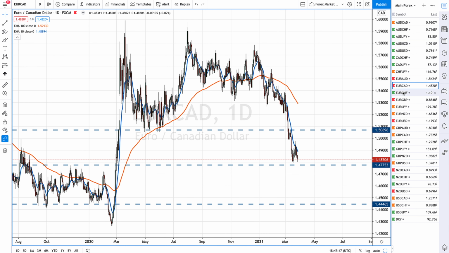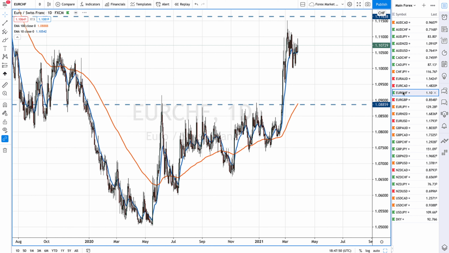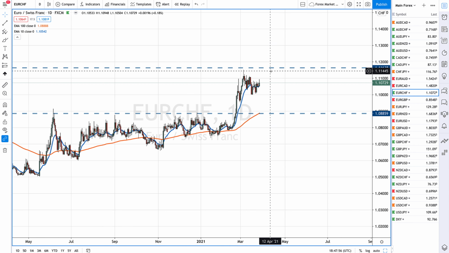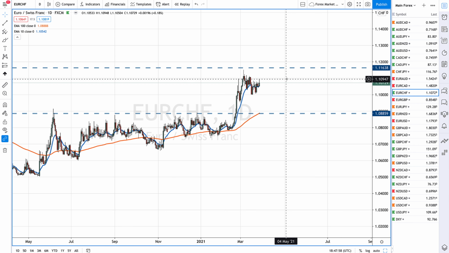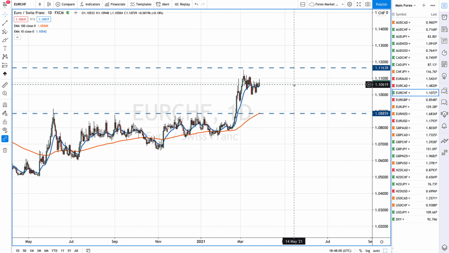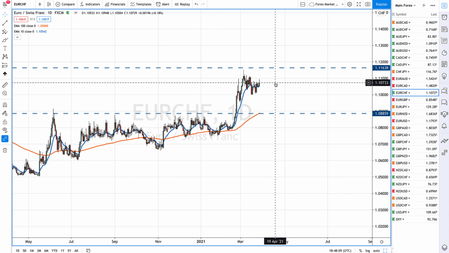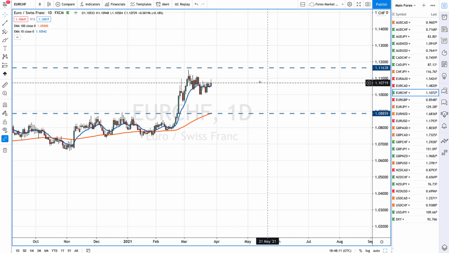So that's what we're looking at from the Euro CAD's perspective. The Euro franc is bullish, so we're bullish on this pair. I don't think that we want to buy up into this region here at the 1.1163. We'd rather wait for the market to pull back somewhat, either to the 1.0900 level, so in and around this area here,